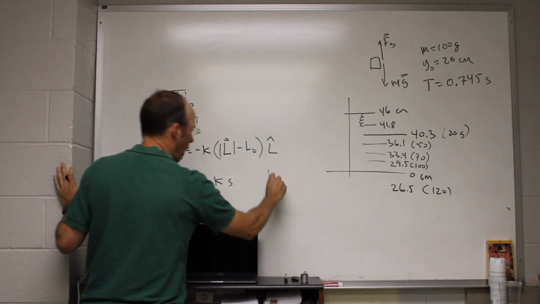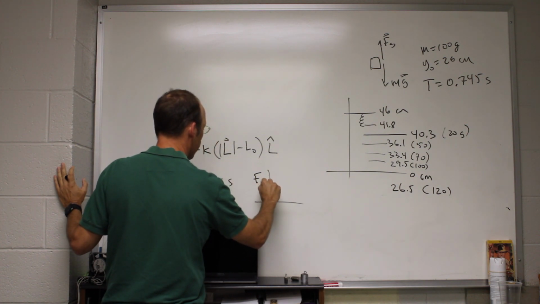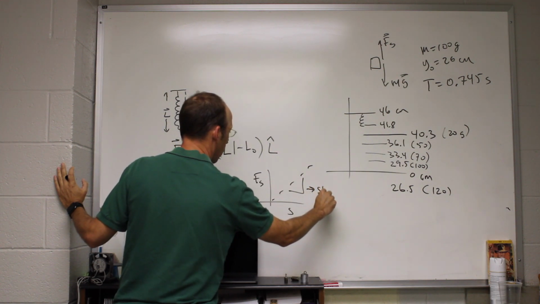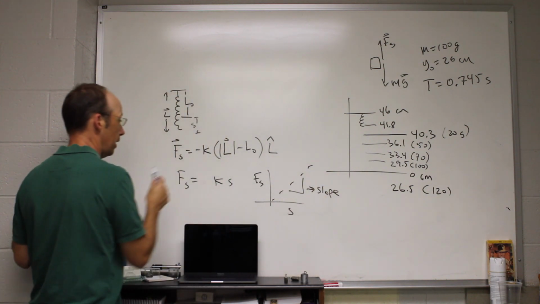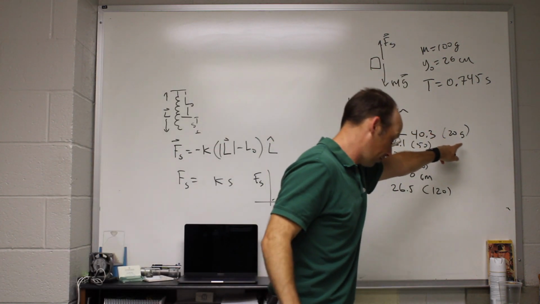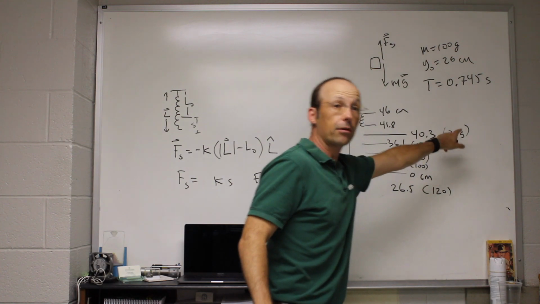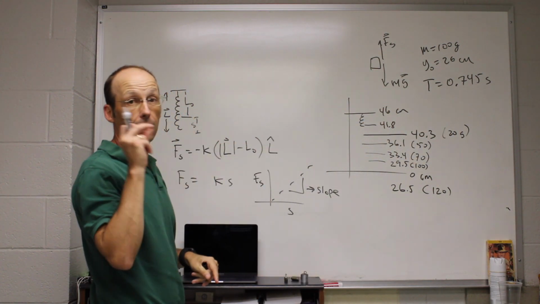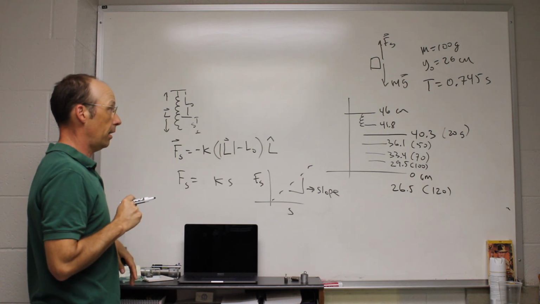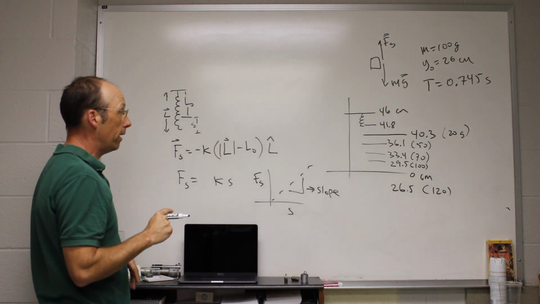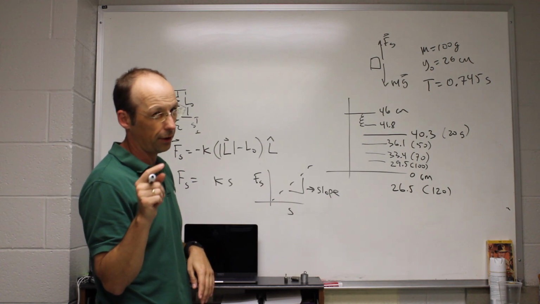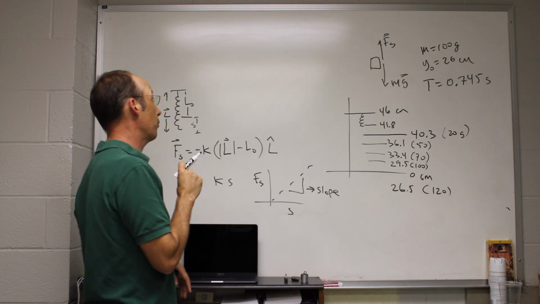So if I made a graph of the spring force versus stretch, the slope would be the spring constant k. I'm going to get the force from the stretch by using the mass converted to kilograms and multiplying by g, 9.8, to get the weight, and the weight is equal to the spring force. That's going to give me the spring constant. I should do that now, but I don't want to switch cameras. So after that, I'm going to